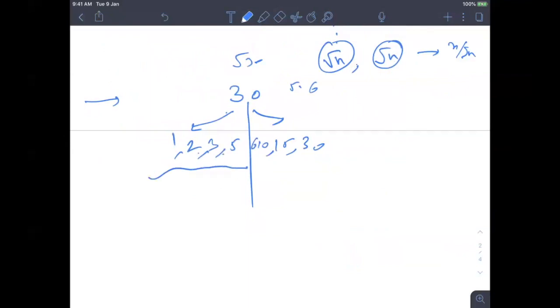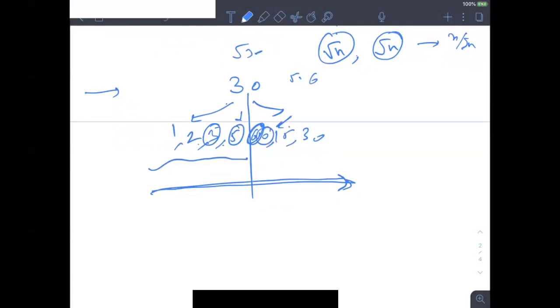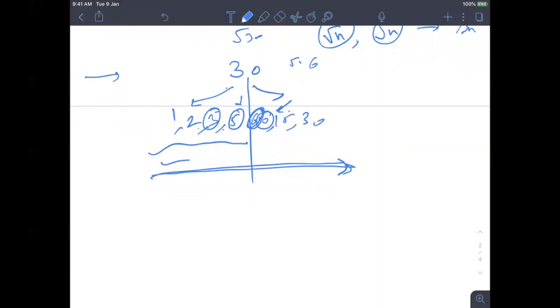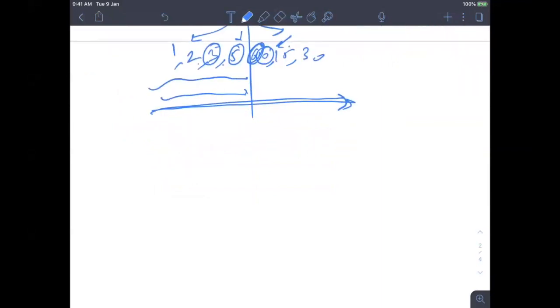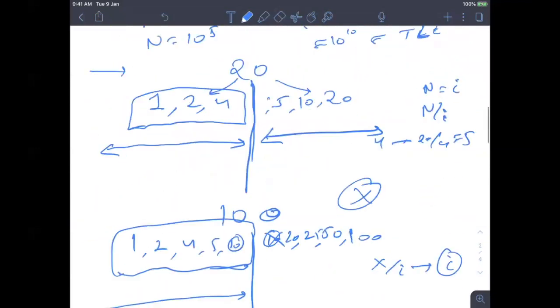Earlier what we were doing is we were just finding repeated things. So we were going till here, but by getting only 5 you can also get 6. Similarly, for 3 you are also getting this 10 for free. So you just need to check till root n. So I can write this code again, basically this check prime code.